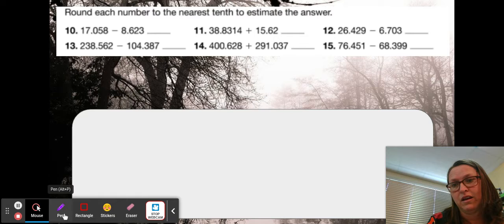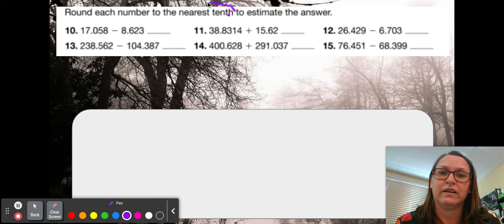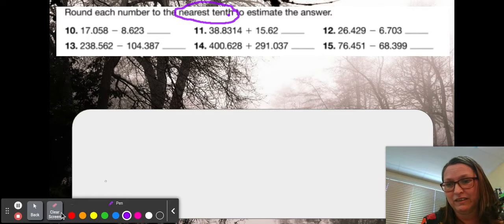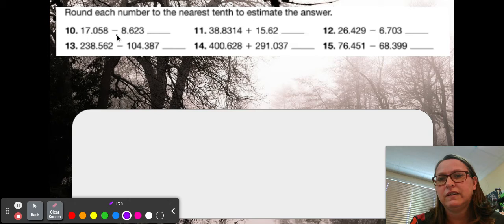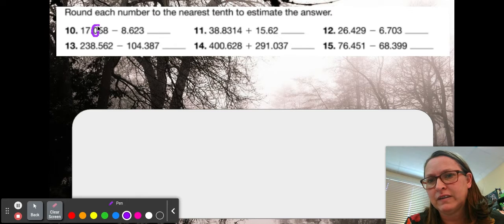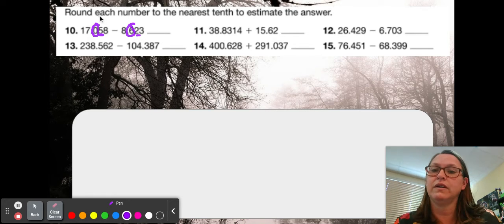Let's see. These ones, it says to the nearest tenth right here. This is the same exact steps. The only thing is you're looking at a different place value. So the tenths place is that first number after the decimal point. So with this one right here, I'm going to circle my 0, and I'm going to look at my 5, and I'm going to circle my 6, and I'm going to look at my 2. So 5 is in the 5 or more, raise the score. So my 17.058 will become